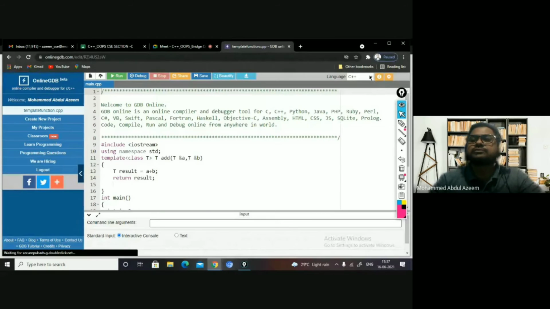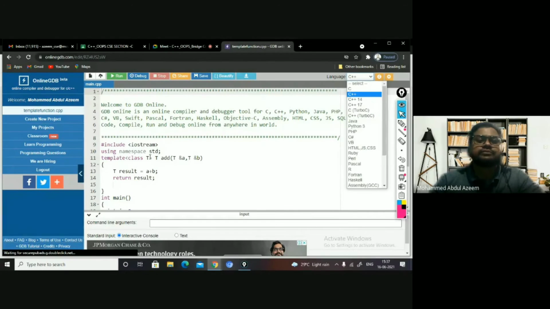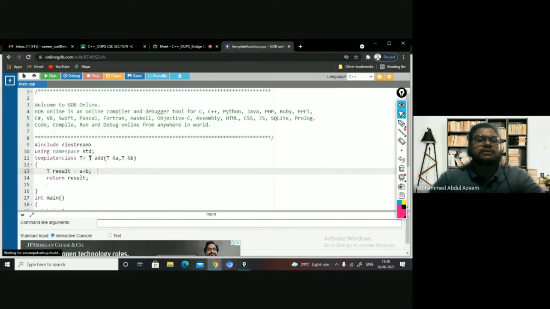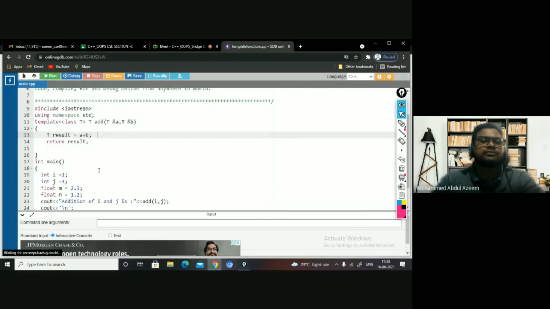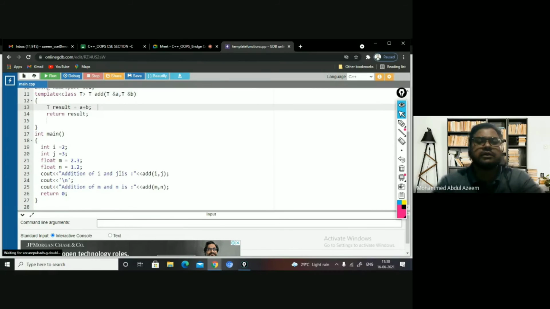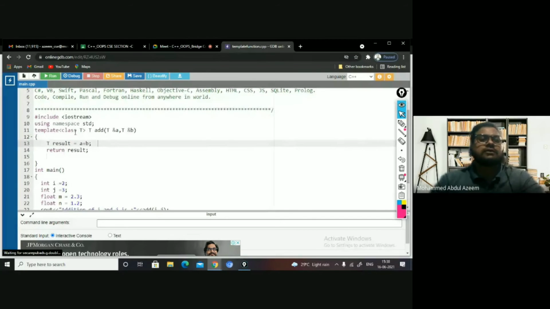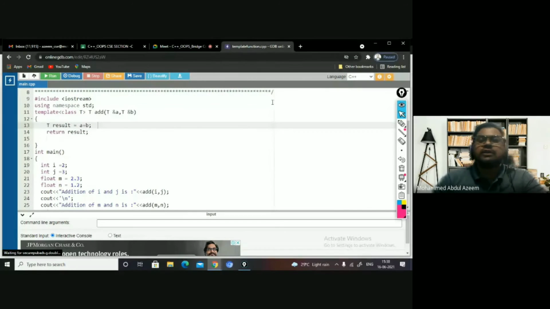You can see. Is the screen visible? Yes. Yes, sir. You can see here the same example.